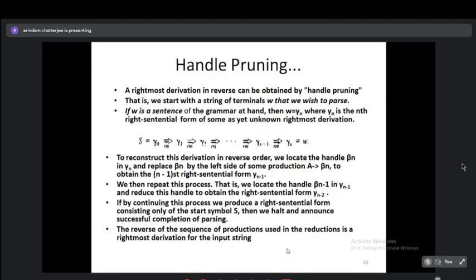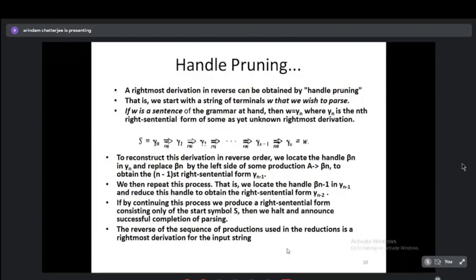Our objective is to parse W. We have already done that in our Bison labs. For example, we have, I don't know, 1 plus 2 minus 3, something like that. That is a string of terminals only, and we have to go back from this string, which consists entirely of terminals, into one which consists of a single non-terminal, that is the starting symbol. That is what our task is.